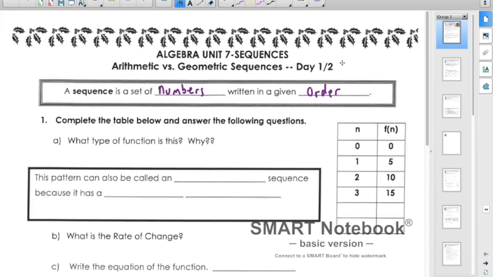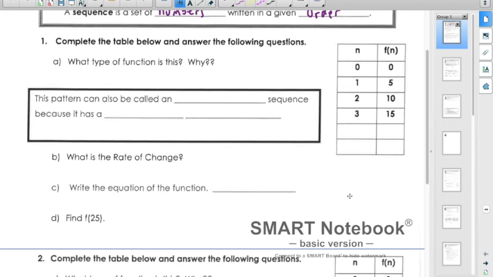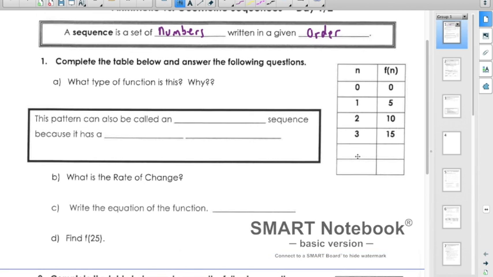So number 1, complete the table below and answer the following questions. A, what type of function is this and why? Well, in order to figure that out, we're going to have to finish off this table here. So, in this first column, going from 0 to 1 to 2 to 3, to 4 to 5. This is basically like our x. This is like our y, looking at our table of values in a calculator. So on the y values, it looks like I'm going up from 0 to 5 to 10 to 15. What is that pattern? Well, I'm adding 5 each time,